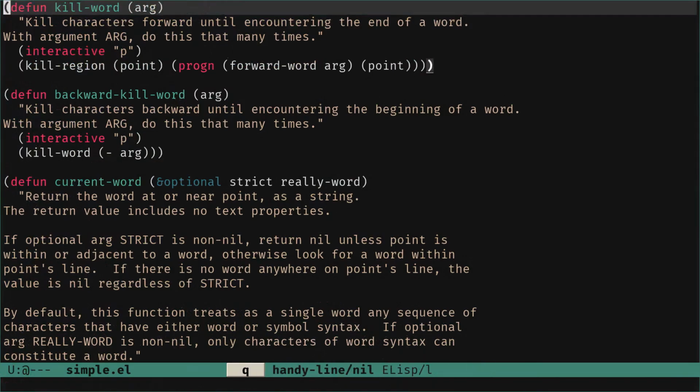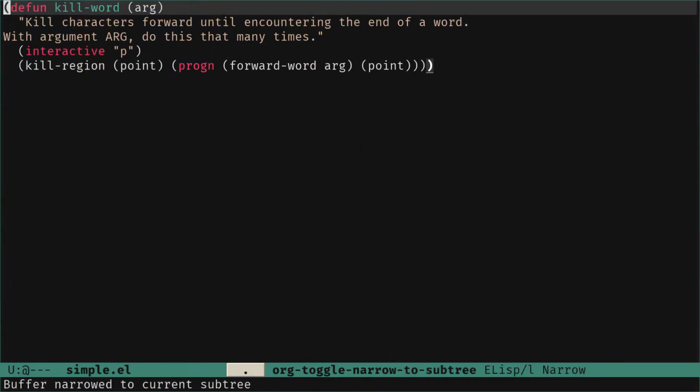Okay, so I will narrow to that definition, and this is our function. So there's not much going on.